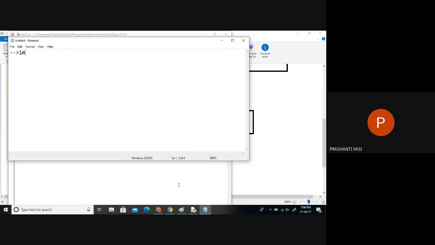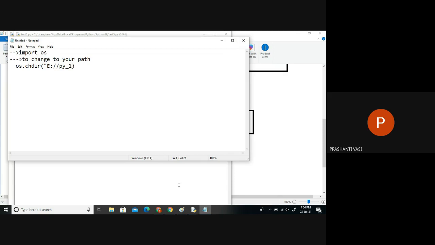So we have to import OS. That is the first step. After importing OS, the next step is to change to the required directory, to your path. To do that, we have the function os.chdir, and here you mention the path, whatever path you want to change to.